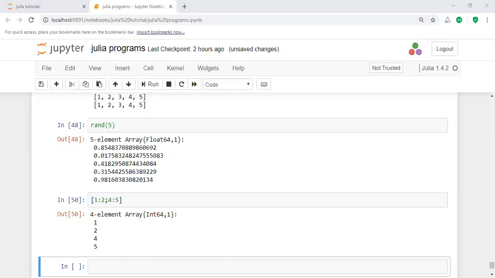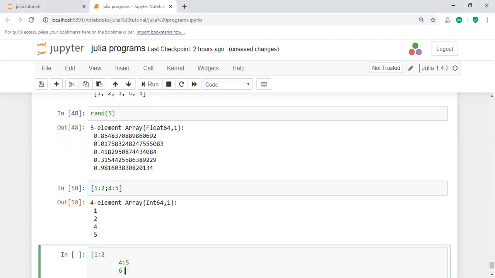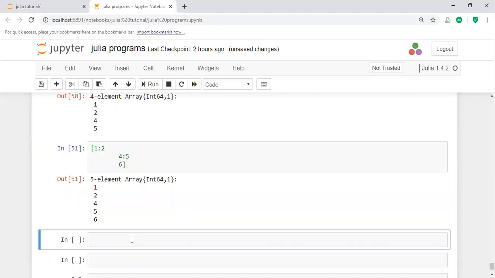Here is another important operation, that means array. If you want to represent the array some other way, that means the continuation. The continuation operation here, you are taking the continuation one after another. For example, 1 colon 2, the continuation 2 colon 3, the continuation 4 colon 5, continuation 6. The result here is 1 2 3 4 5 6. That is called the continuation operation.